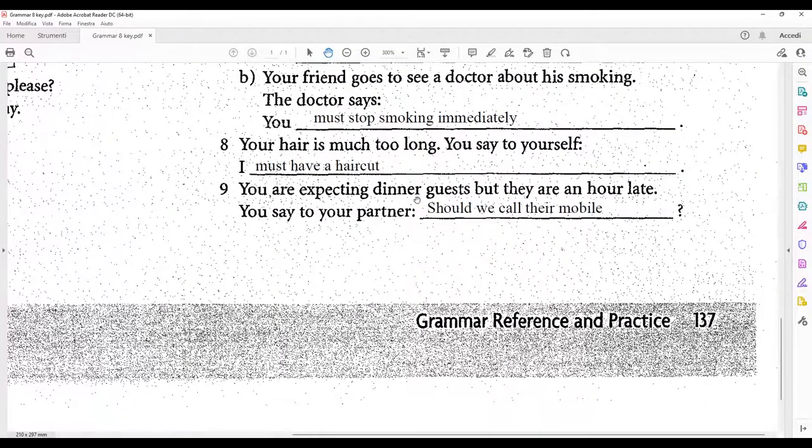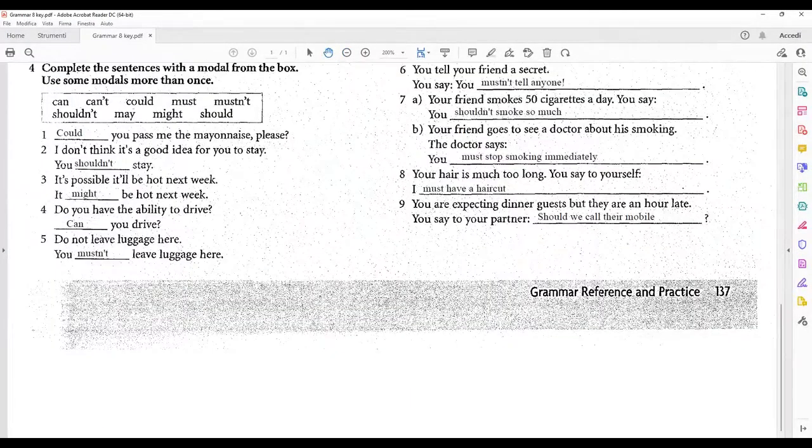You are expecting dinner guests, but they are an hour late. Yeah, you're expecting dinner guests, but they are an hour late. You say to your partner, should we call their mobile? Should we call them? Should we call their mobile? Okay, so